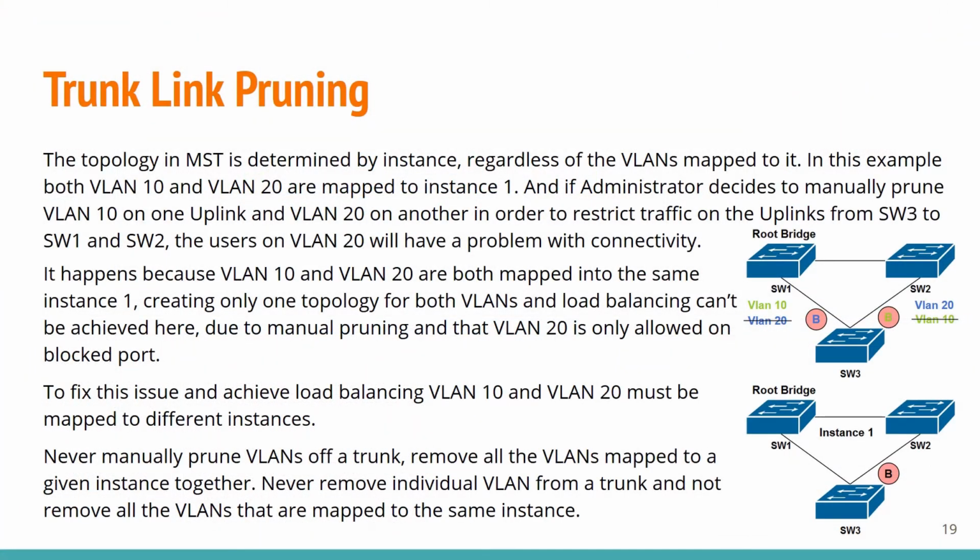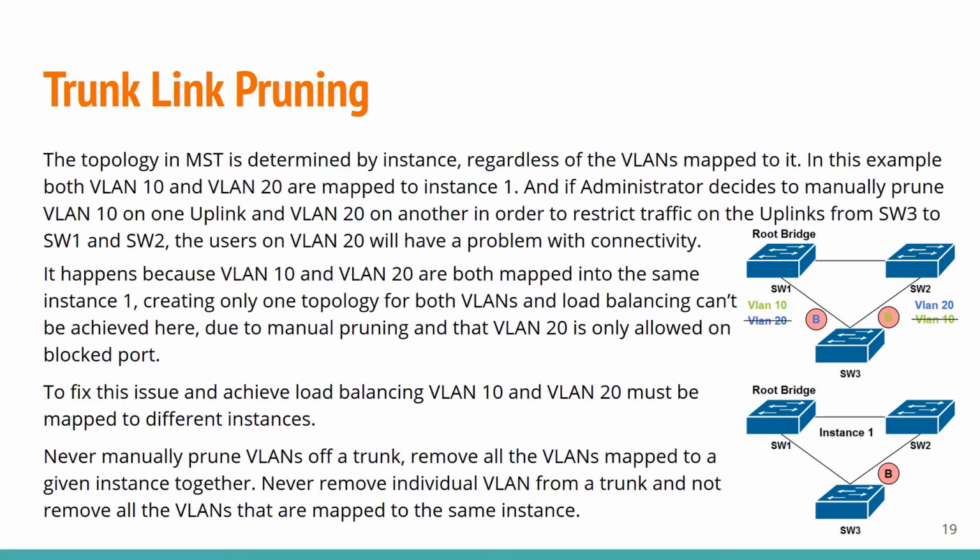Trunk link pruning. The topology in MST is determined by instance, regardless of the VLANs mapped to it. In this example, both VLAN 10 and VLAN 20 are mapped to instance 1, and if the administrator decides to manually prune VLAN 10 on one uplink and VLAN 20 on another uplink in order to restrict traffic on the uplinks from SW3 to SW1 and SW2, the users on VLAN 20 will have a problem with connectivity. It happens because VLAN 10 and VLAN 20 are both mapped into the same instance 1, creating only one topology for both VLANs, and load balancing cannot be achieved here due to manual pruning, and that VLAN 20 is only